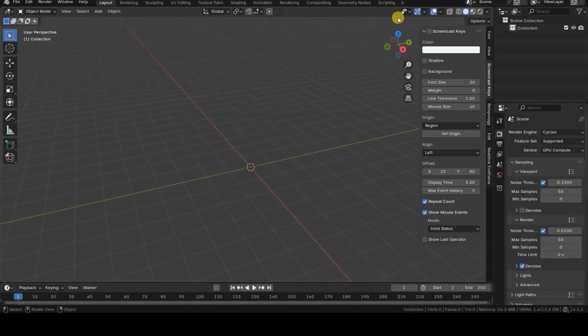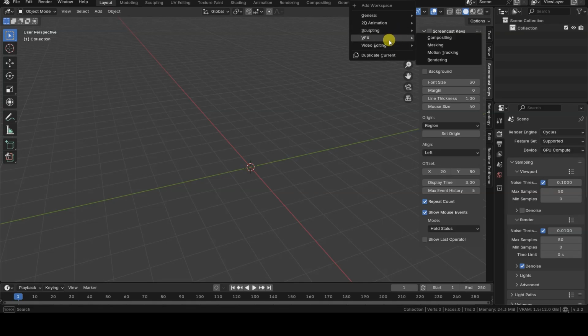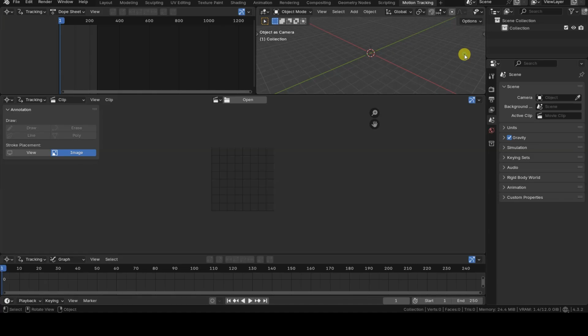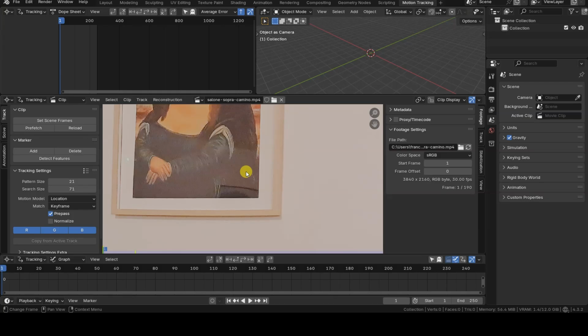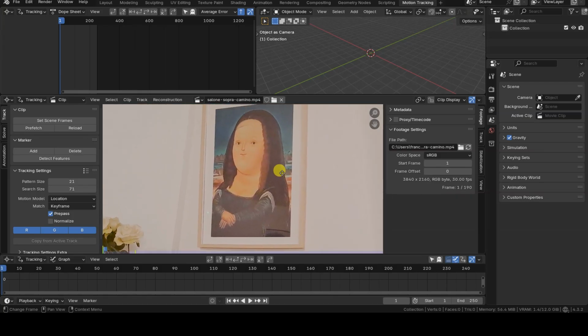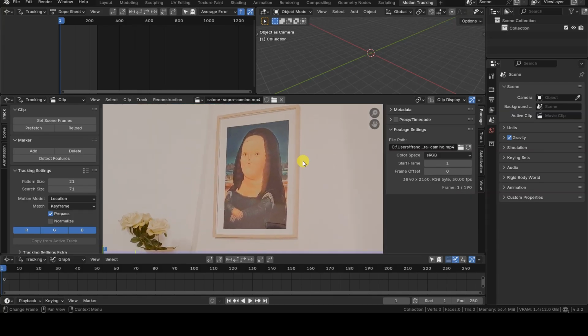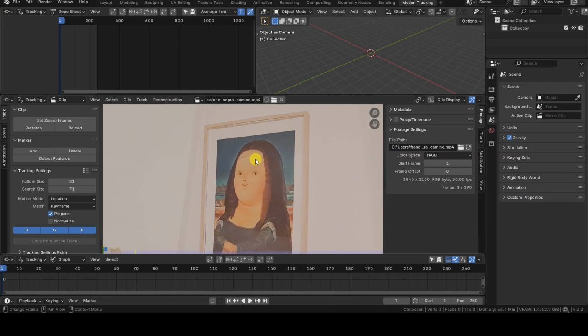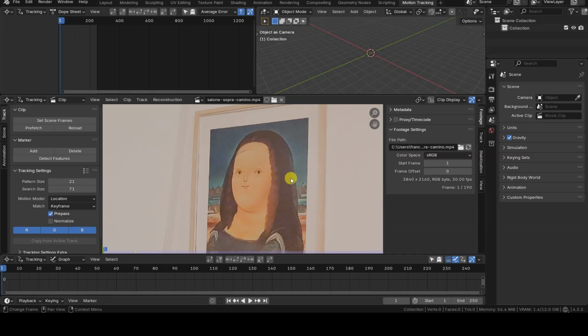First, open a new Blender project, in this case version 4.3, and switch the workspace to motion tracking. You'll find this option in the VFX section of the workspace list. In the movie clip editor, I'll load the footage I've saved on disk. I want to replace the image shown in the painting, and the 4 corners of that image are perfect for placing track points because they're high contrast and easy for the tracking algorithm to detect throughout the clip.